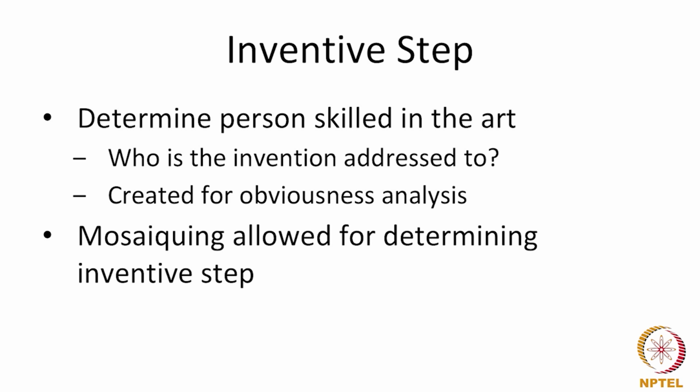If it is everything that his peer would do, then that would not make the invention have an inventive step, because the problem got solved by a person skilled in the art doing what anybody else would have done if faced with that problem. So, mosaicing is allowed for determining an inventive step,